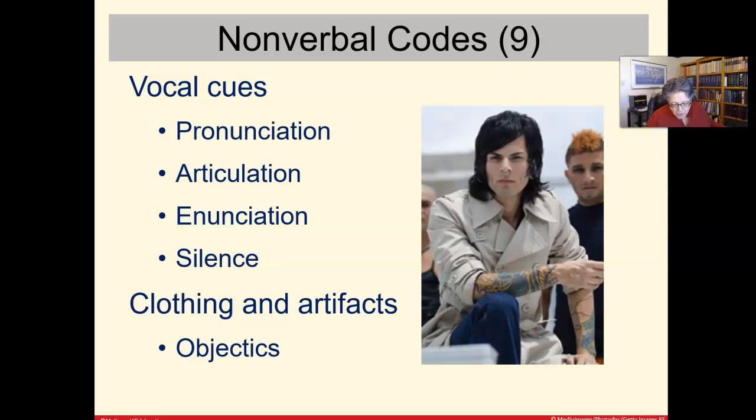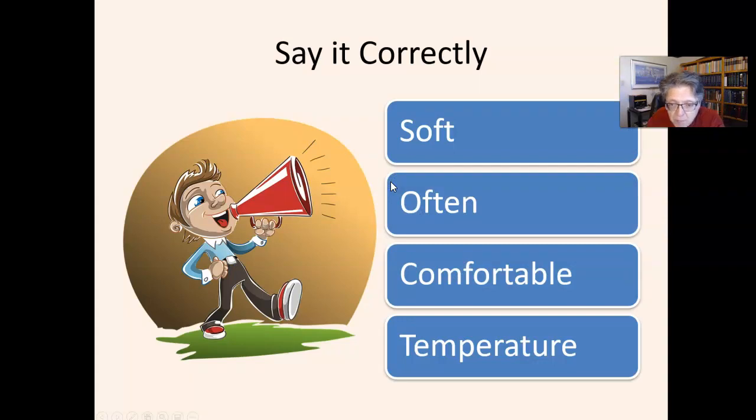So for example, somebody who mumbles is one who does not enunciate clearly and who is difficult to understand. We could also mention the use of silence as nonverbal communication, as well as clothing and artifacts and objects. I wanted to just touch upon